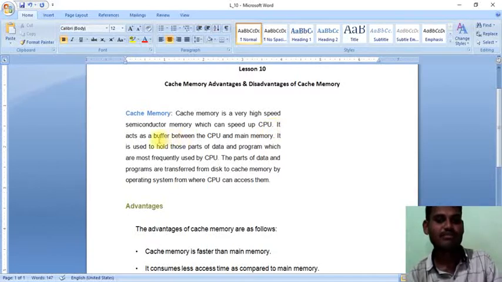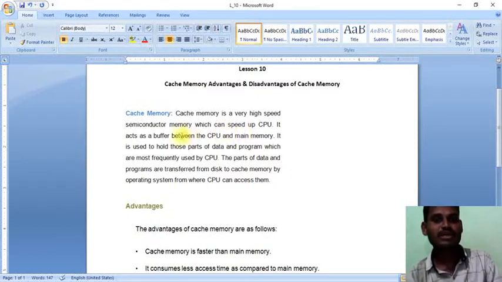It acts as a buffer between the CPU and main memory. The CPU is the one that is every time accessing data from the main memory, and to access the data, one helper is involved. That helper is nothing but the cache memory.